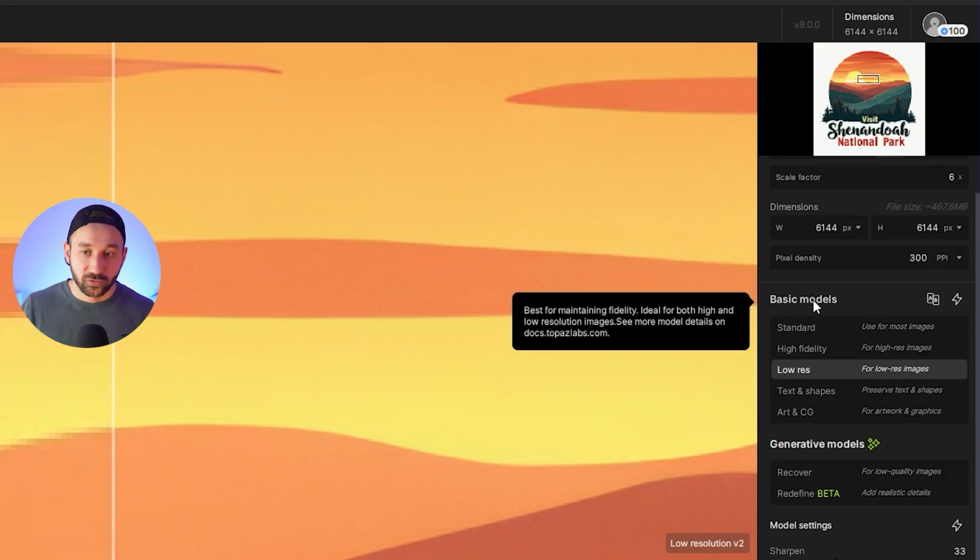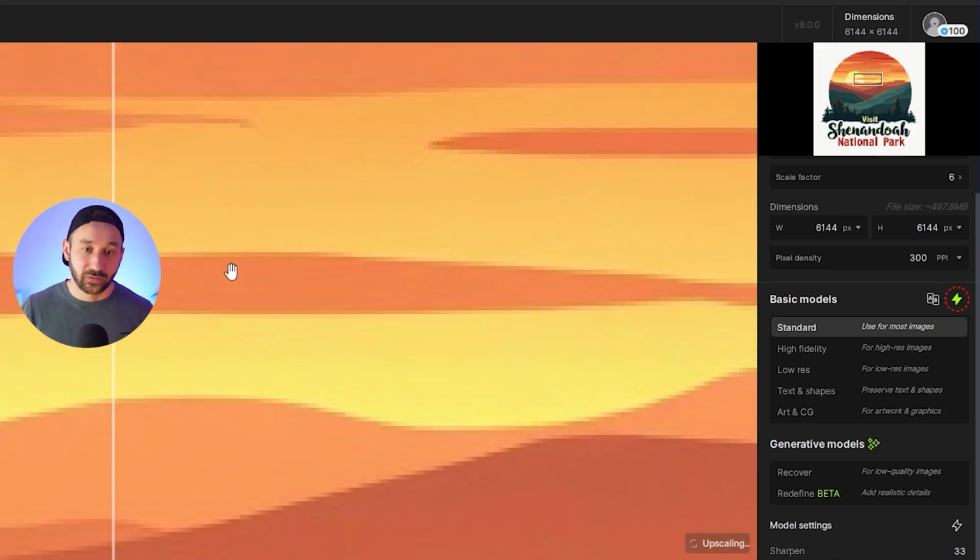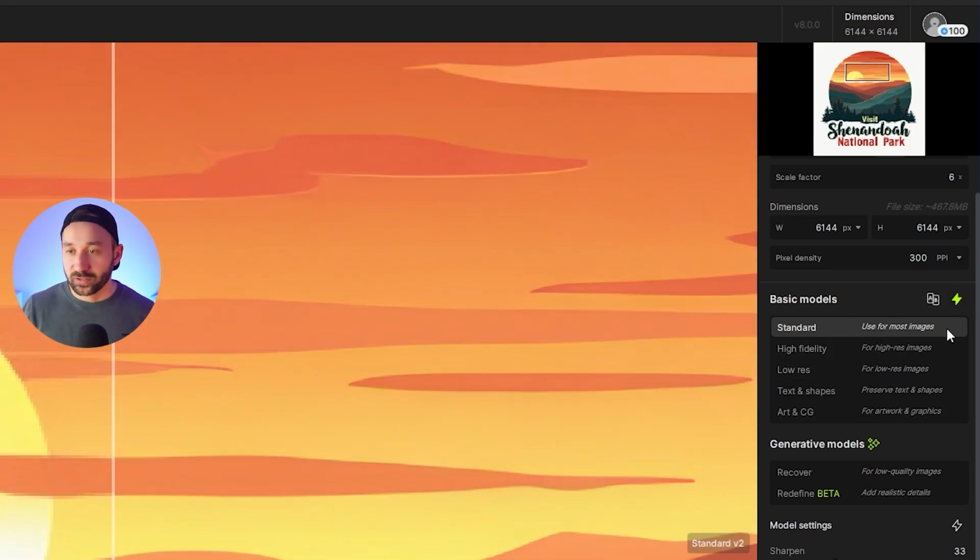And then we get into the models that Topaz has on offer. So you can either click on this lightning symbol, which appears in a few places, by the way, and that's going to use AI to choose the most suitable model for your image based on what the AI thinks, right? So in this case, it just chose standard. If you want to test them out though, and see for yourself, you can click through them right here. So we've got standard, high fidelity, low res, text and shapes,